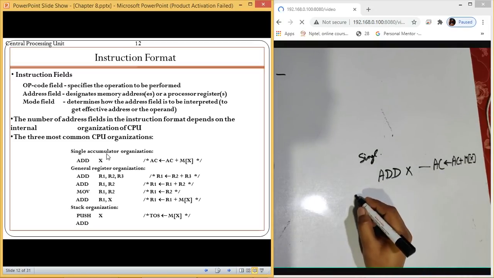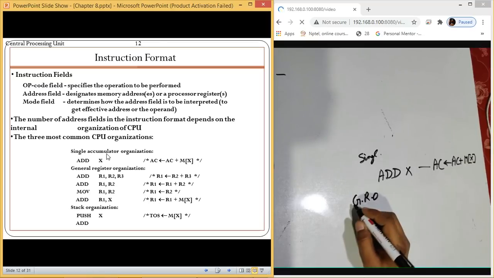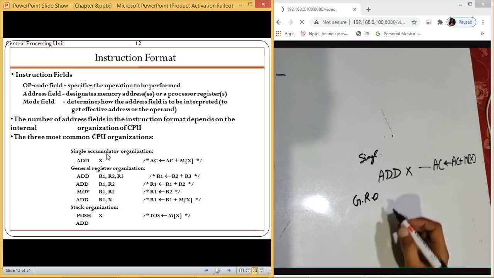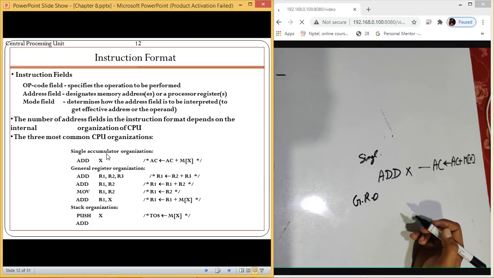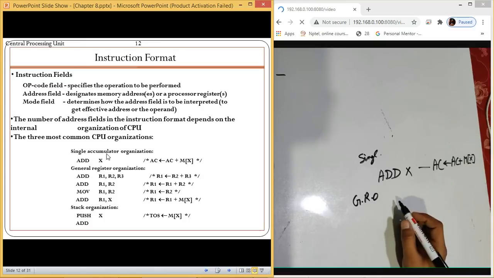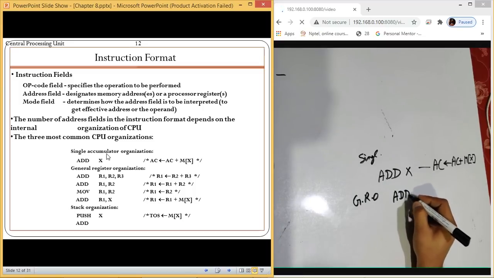If we have a general register organization, then we can have different types of instructions. We can have three address instructions, two address instructions, and one address instructions as well. We will talk about them in the later part of the chapter. If it is a three address instruction, what does it mean?